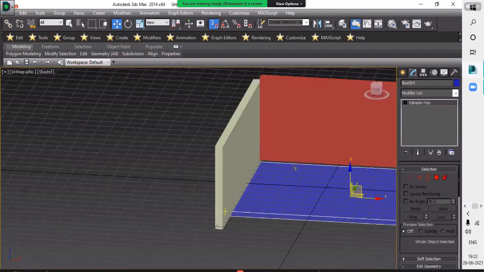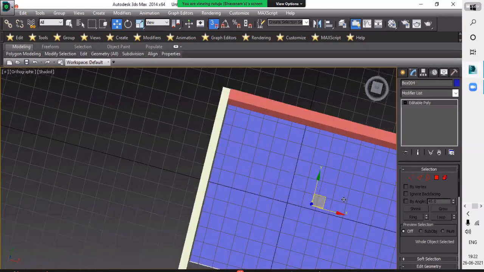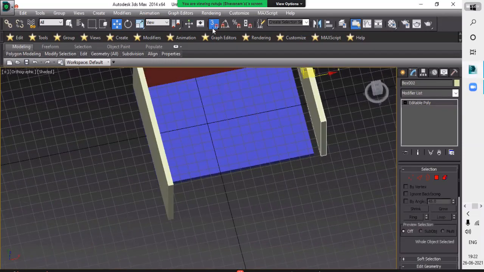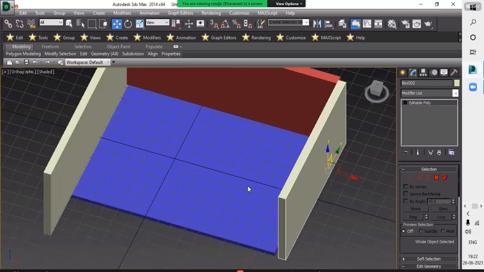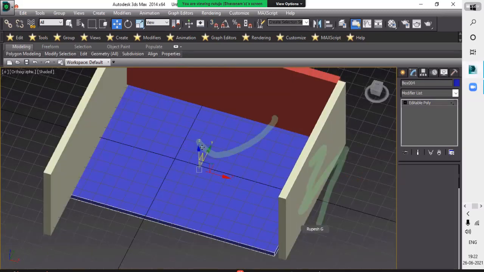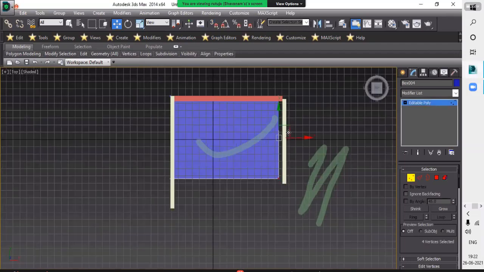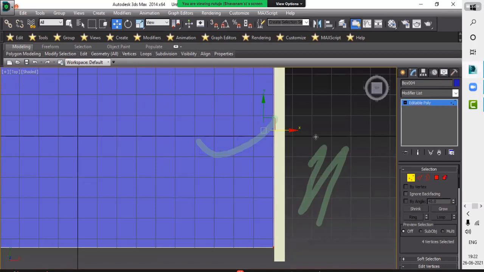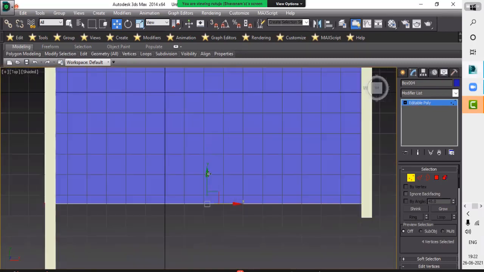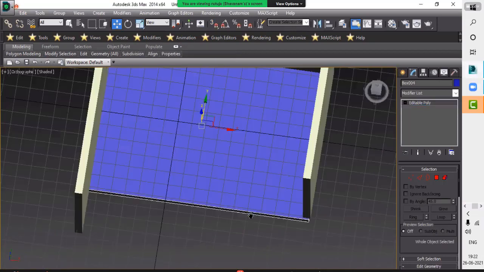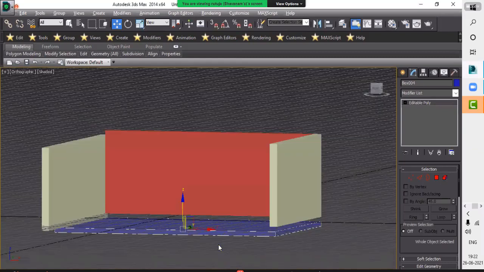Okay, like that we will place your floor and convert into editable poly. Okay. So our base is ready.